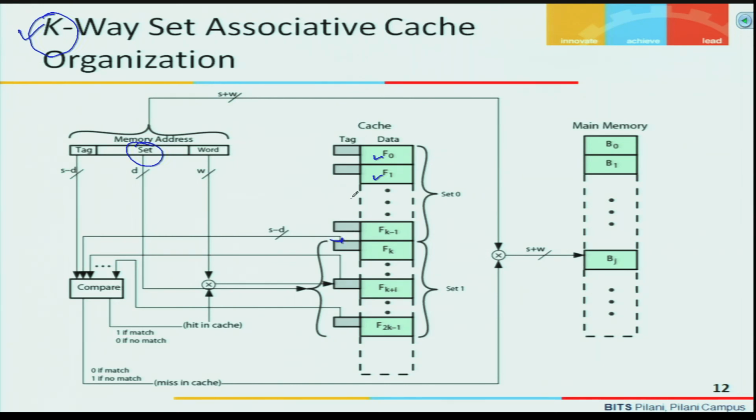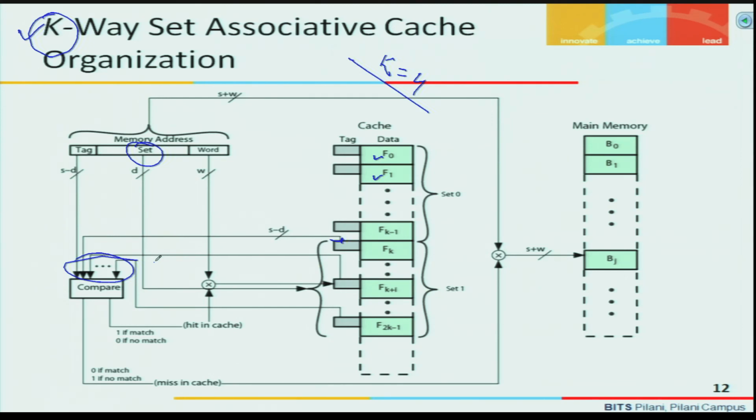In that set, let us say k lines are there. If my k value equals 4, then 4 lines are there. So the 4 line tags have to be compared only, in place of comparing all the line tags as in the case of the fully associative memory. So here the number of comparisons is reduced, and flexibility is also there. So it is better than direct mapping, and in terms of the cache utilization,